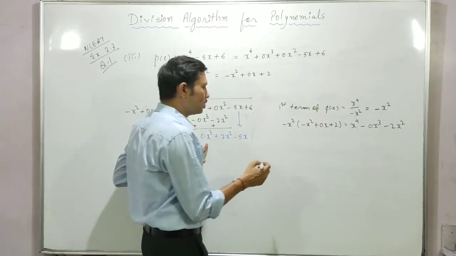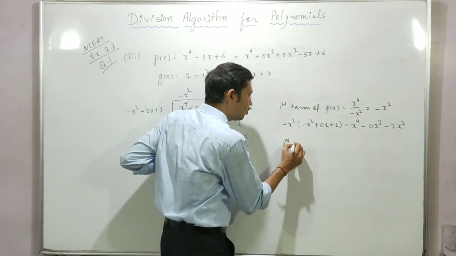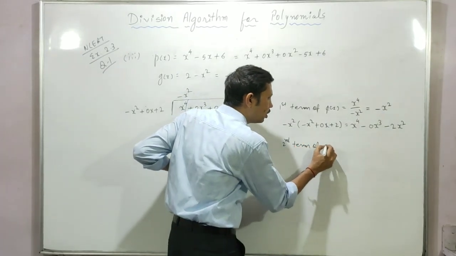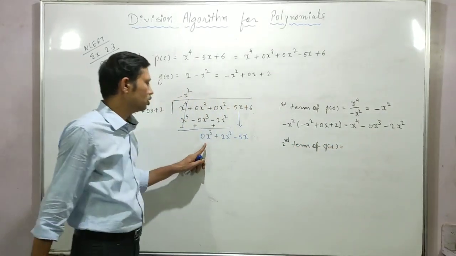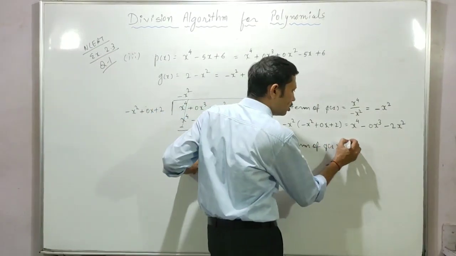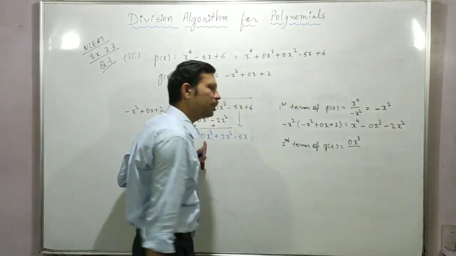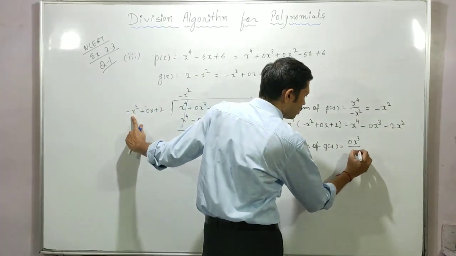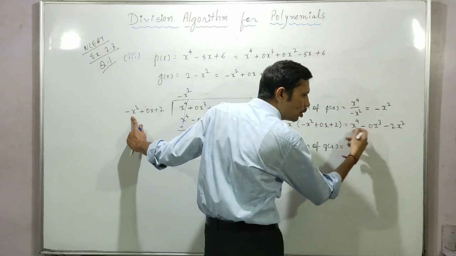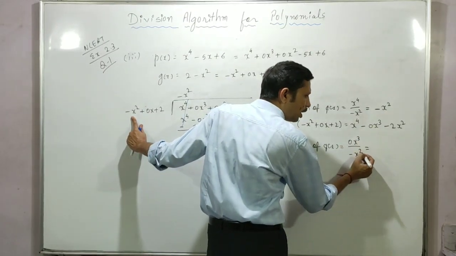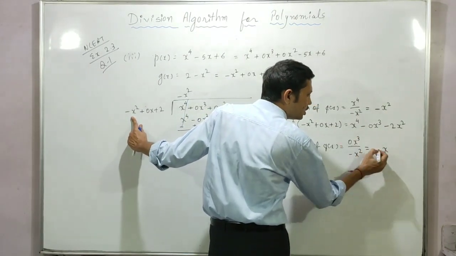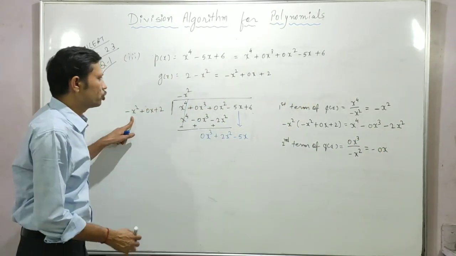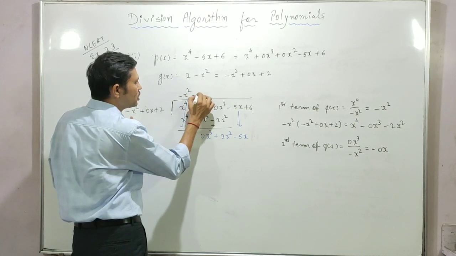See, as per our calculation, for the second term of our quotient, the first term of the dividend should be divided by the first term of the divisor. So we can see the numerator is 0, so the overall answer is 0. 3 power minus 2 power, that is 1 power, and 0, overall answer 0 and the minus. Okay, so my quotient term is minus 0x.